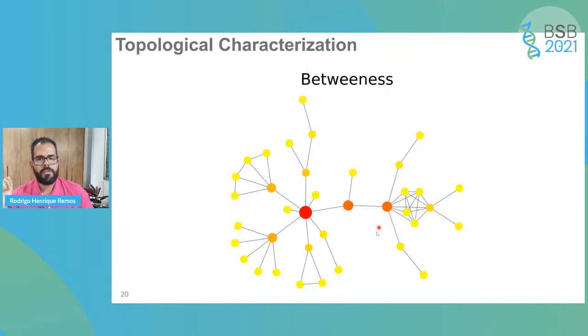Lastly, we use the betweenness centrality that measures flow of information. If you look at all possible shortest paths between all nodes, many of these paths go through this node, so the betweenness is high. Betweenness, once again, measures flow of information or bottlenecks, if you want. It's an interesting measure. So with these three things in mind, topological characterization, cancer driver genes, and superpathways, the objective